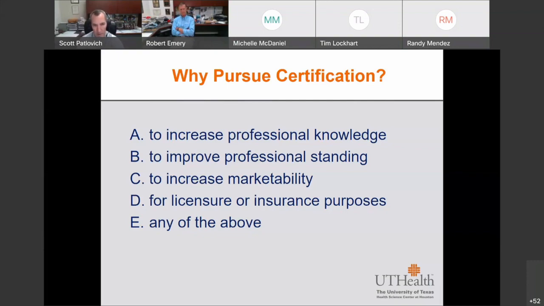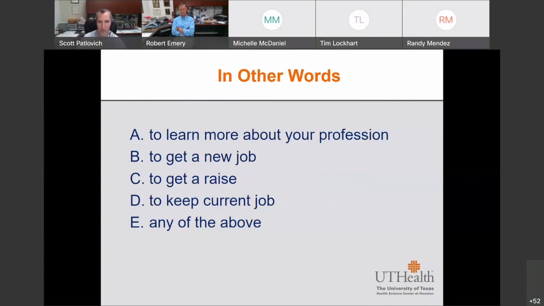Certainly if you're going to be out on the job market, it increases your job marketability, especially if there are jobs that list required or preferred credentials. And certainly there are some instances where, for licensure or insurance purposes, a professional credential must be in place, or any combination of the above. In other words, you want to learn more about your profession. You might want to get a new job.